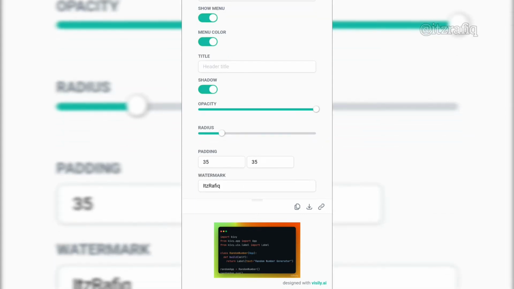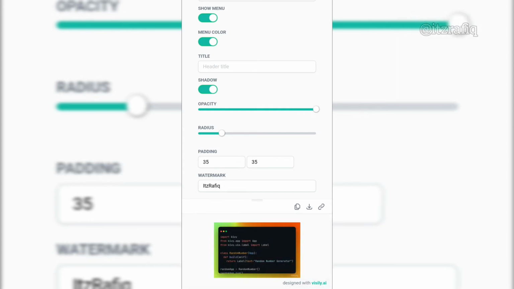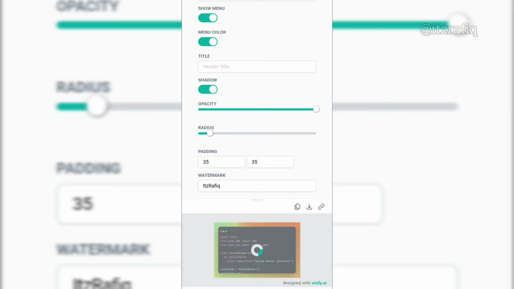Opacity means, you will see when I reduce the opacity, the code background will be a little bit blurry. But if I give 100%, it will be full. And radius we can make a little smaller. And